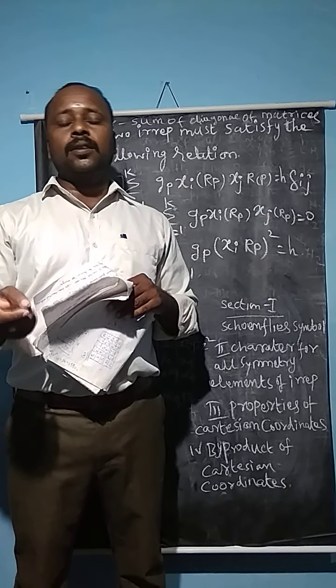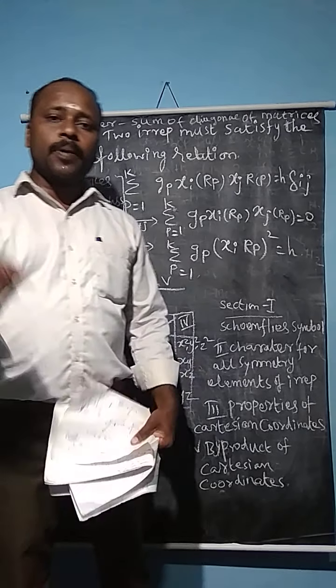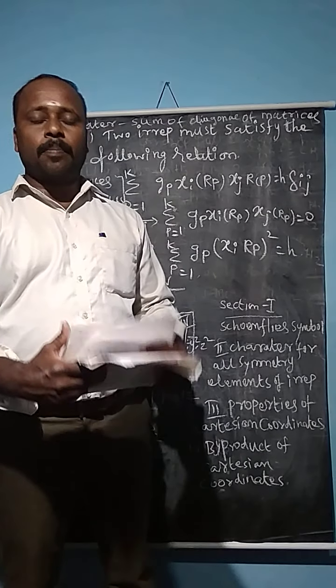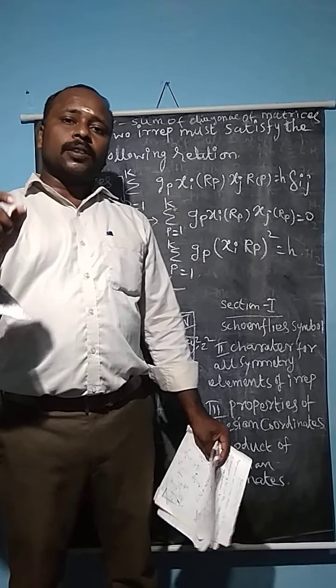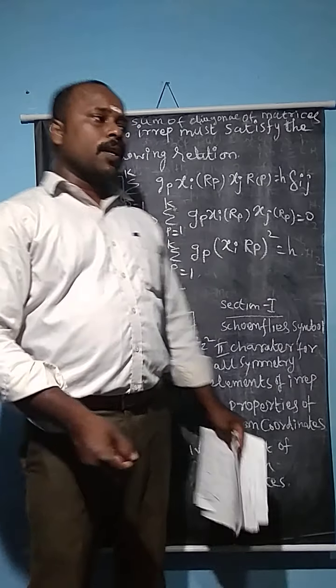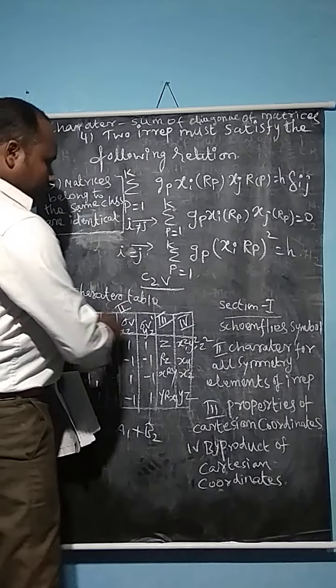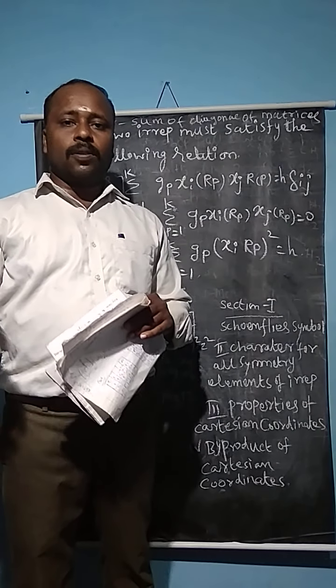So the H2O molecule obeys the properties of irreducible representations. The third point is the sum of the squares of the characters of the identity operation. What characters are present in the water molecule? These are the 4 characters. If you square all the values, 1 each, the total is 4, which is the order of the group.